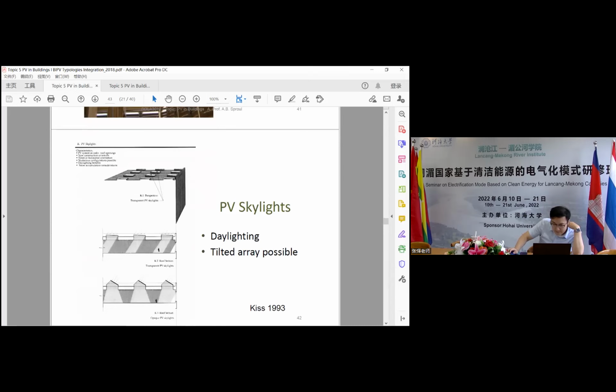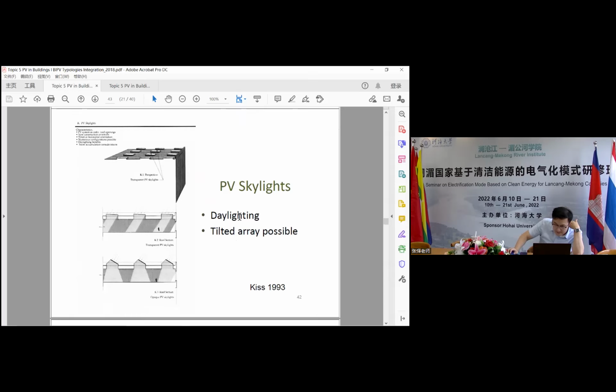This is an overall side view of the PV skylight. Here you can see it is designed for daylighting, and the tilted area allows better performance of the PV modules. This part is used for daylighting, and part of the optical energy is used for daylighting, and the remaining one is